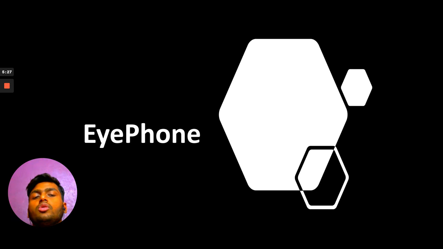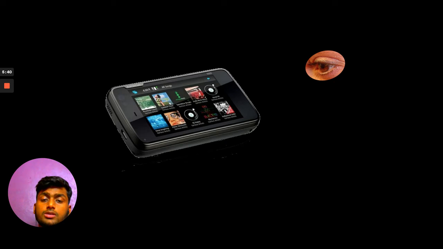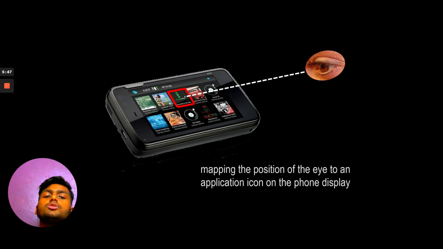So as we have already talked about the technology used in iPhone, that is HPI, and why HPI over HCI, let's get into the topic of iPhone and how the iPhone technology really works. As shown in the presentation, there is a mobile phone and there's an eye, of course, of a user. So there is mapping of the position of the eye on an application icon. Basically, the front camera of a phone detects where the eye is looking, where the pupil of the eye is directing the vision.